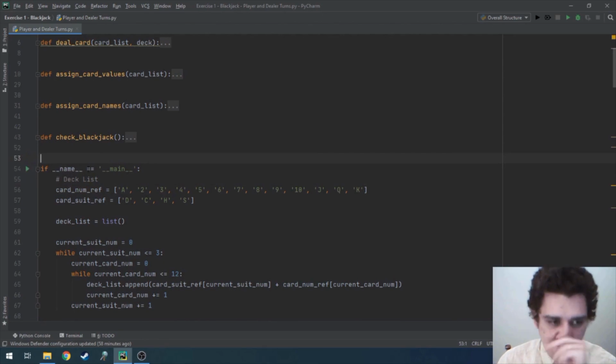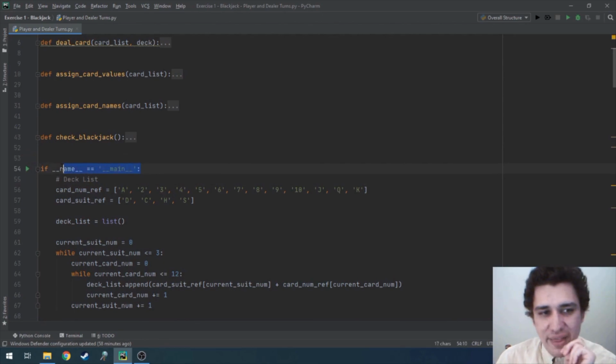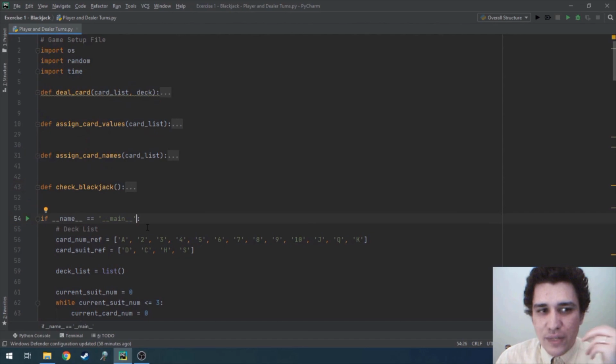You'll see this little play button up here. So this statement checks to see whether this Python script that you're running is named main with the underscores. These are dunder methods, double underscore methods. And the reason why we use these is